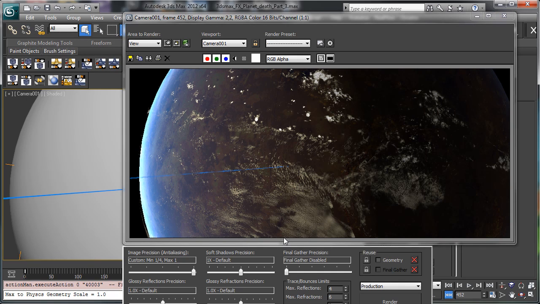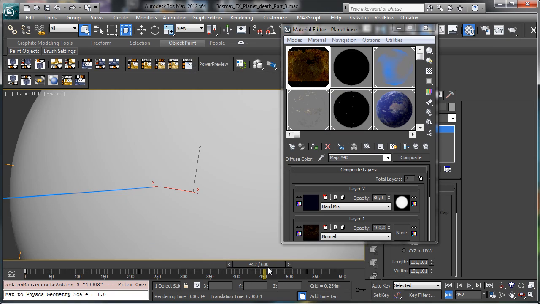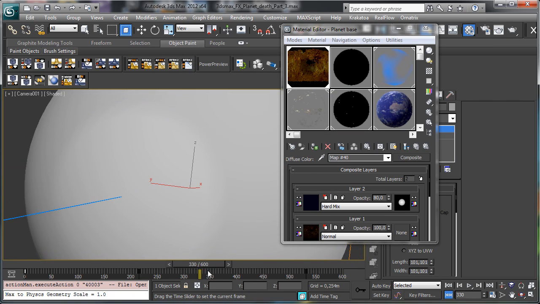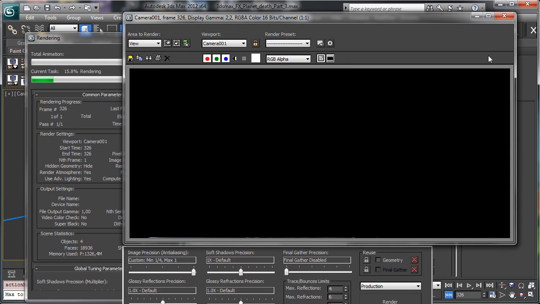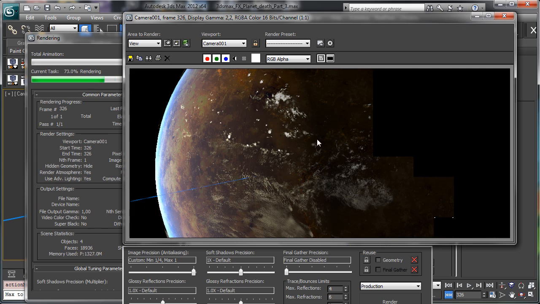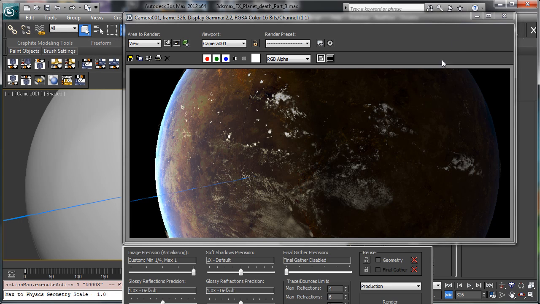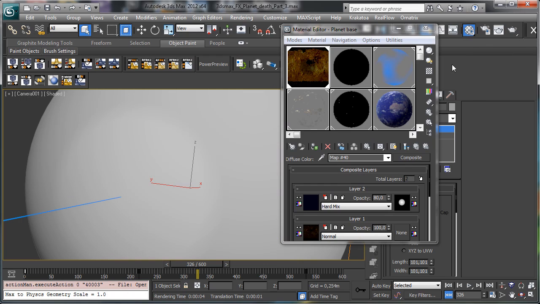Okay, you see that we have a darker area on the planet. Let's see when the area is little what happens. Is there and it's not so visible, so